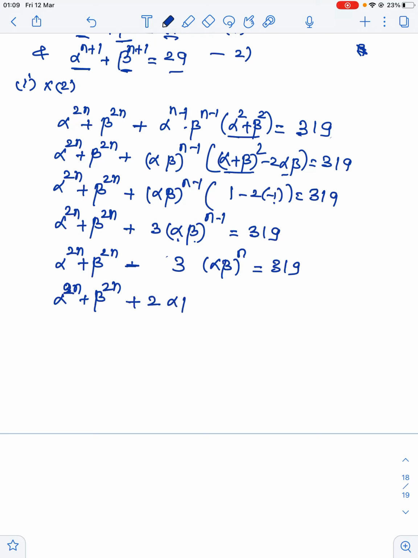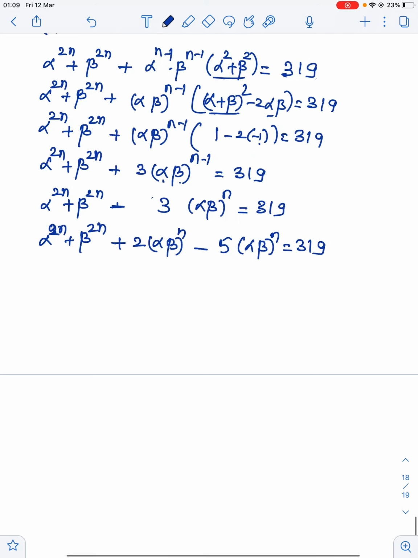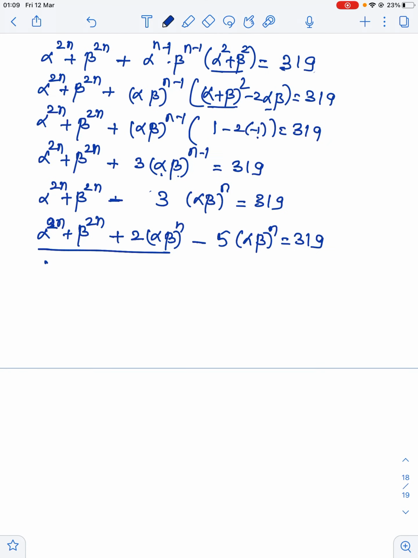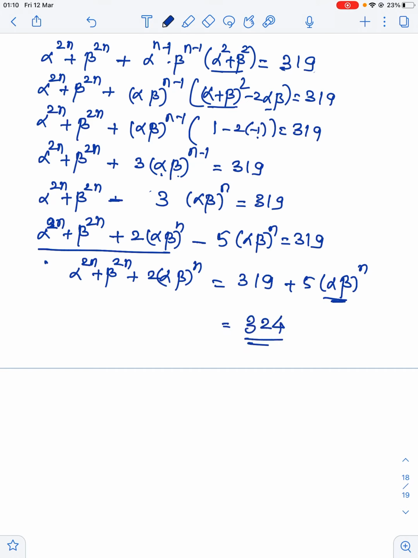Now I add 2 alpha beta to the power n and subtract 2, so this is 5 times alpha beta to the power n is equal to 319. So alpha to the power 2n plus beta to the power 2n plus 2 alpha beta to the power n is equal to 319 plus 5 times alpha beta to the power n. If this is plus 1, so this is 324, this comes out to be, and because